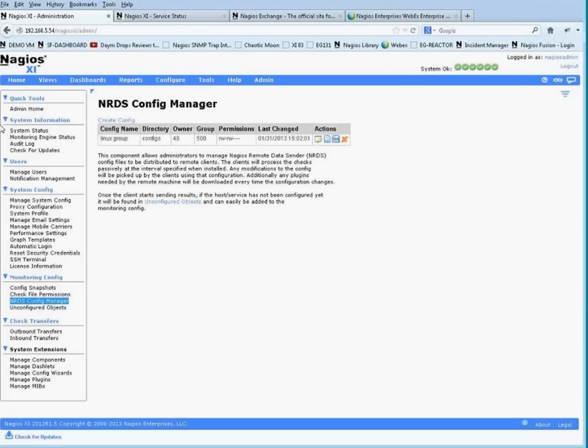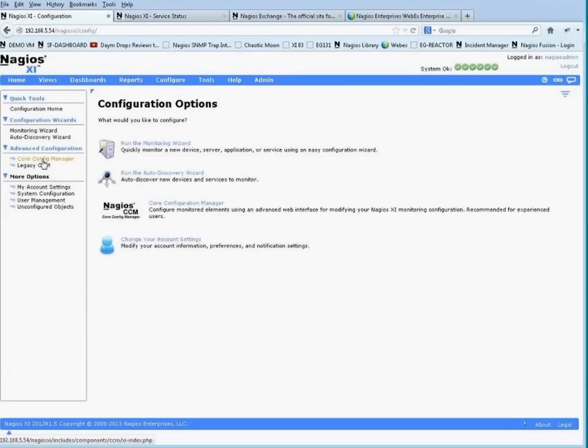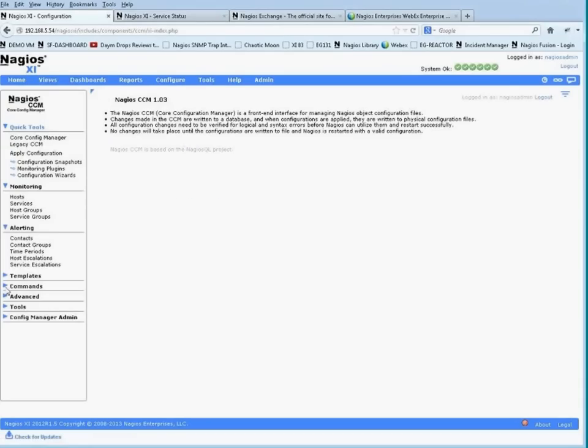The next question we have was, how easily is it to add ServiceNow integration? To be totally honest, I am not familiar with ServiceNow. I'm going to assume that it is a ticketing system, and for that, I would say it's probably fairly easy. And there's a couple different things that you could do. As I had mentioned earlier, there's different dispatchers that can be set up within Nagios XI to send commands